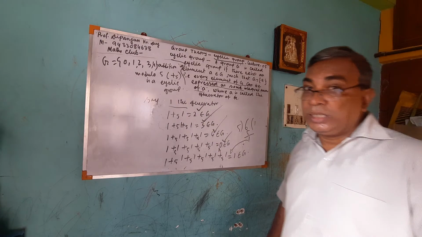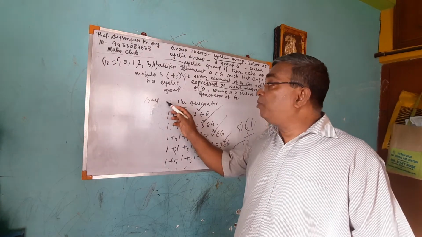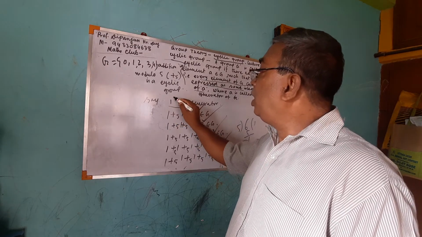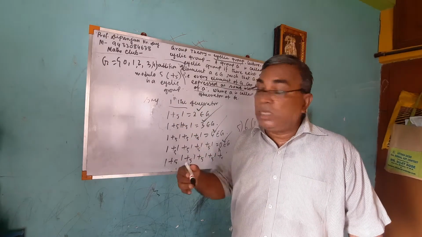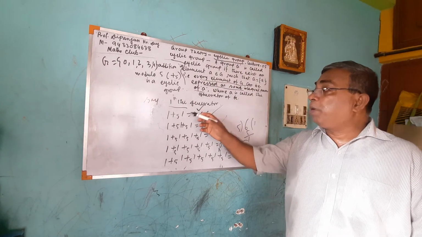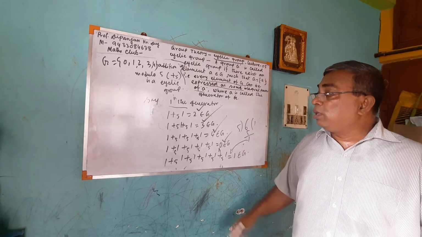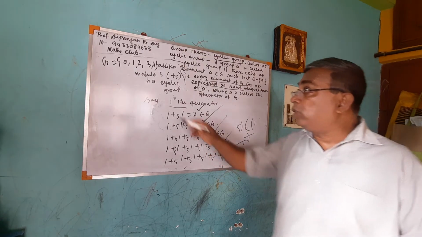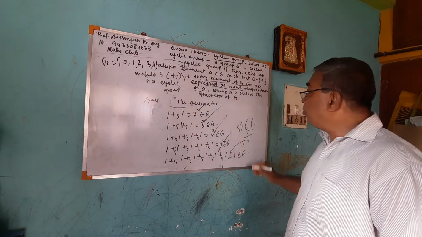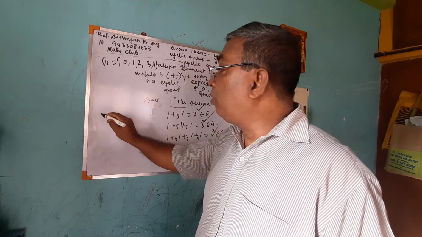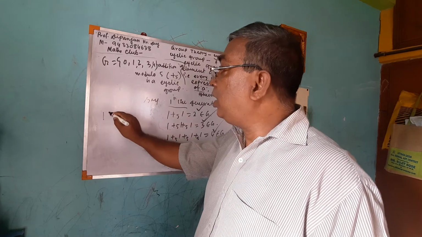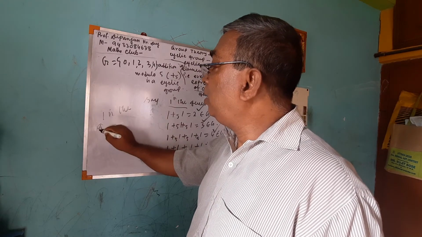That is, our supposition is correct. We supposed that 1 is the generator, so our supposition is correct. With 1 under addition modulo 5, applying that, we are getting all the elements 0, 1, 2, 3, 4. So we can say therefore 1 is the generator. That is surely confirmed; our supposition is correct, not wrong.